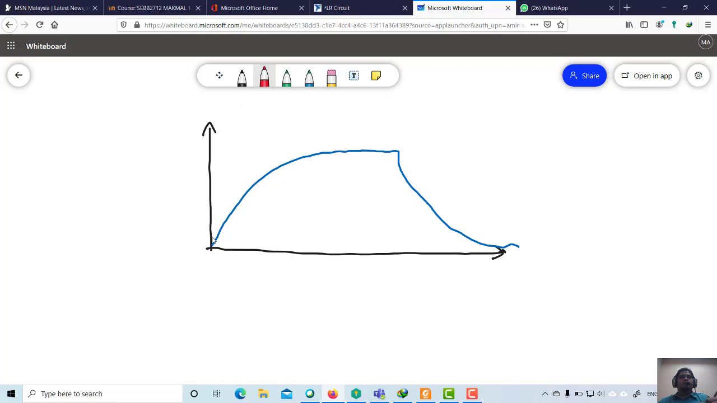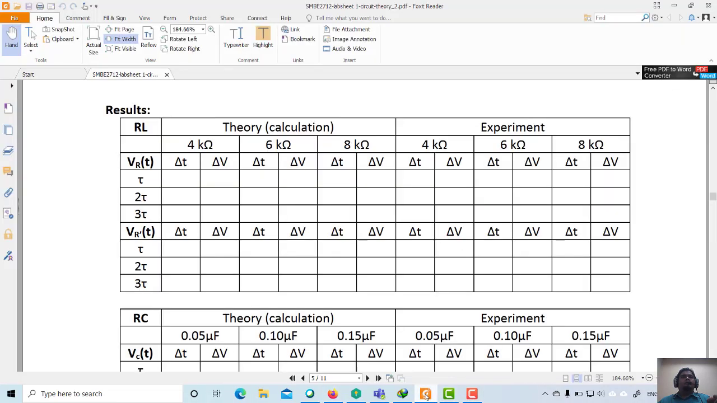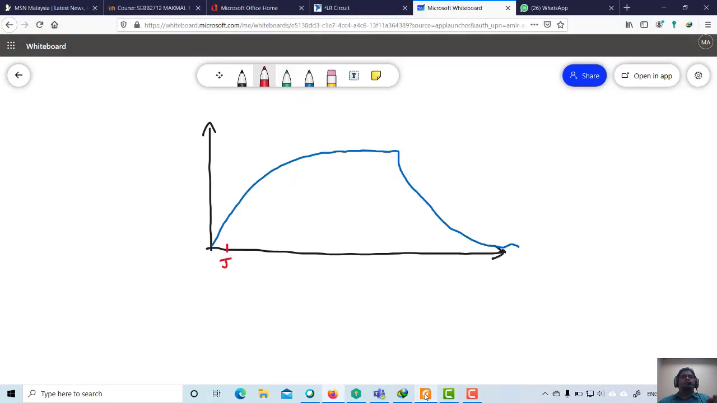Okay, for example, let's say during your pre-lab you already measured the tau. That's why you need to do the pre-lab, otherwise you don't know what your tau is, because I also don't know your tau. It's according to your pre-lab. Once you calculate your tau, you need to know what it is, whether it is in milliseconds or microseconds. So once you know your tau,